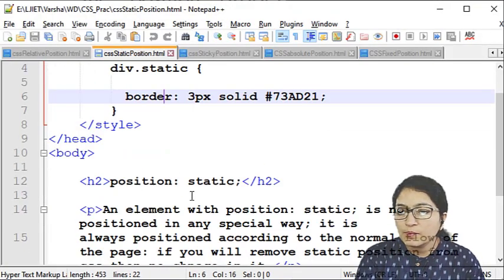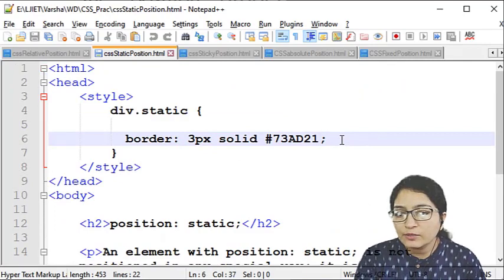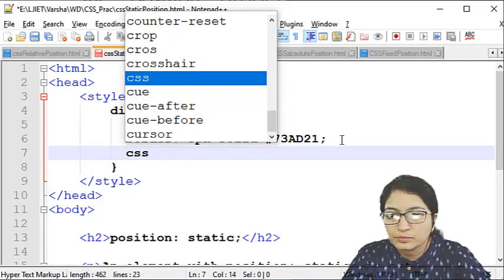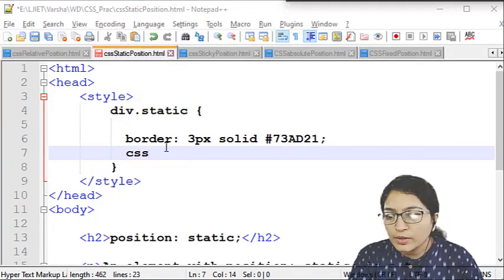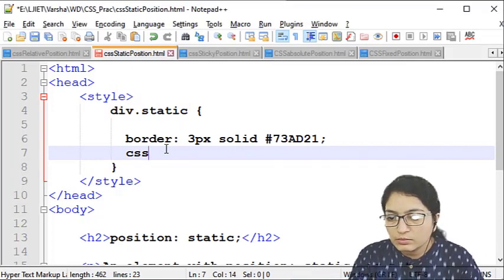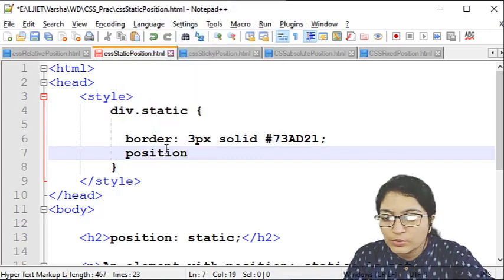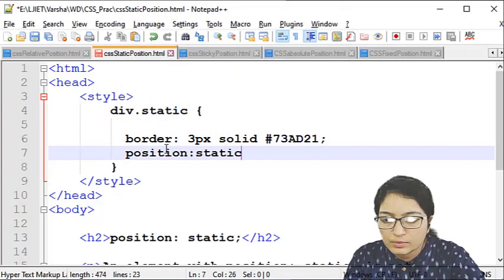Here you can see this is the default. Now suppose I am defining the CSS, position static.